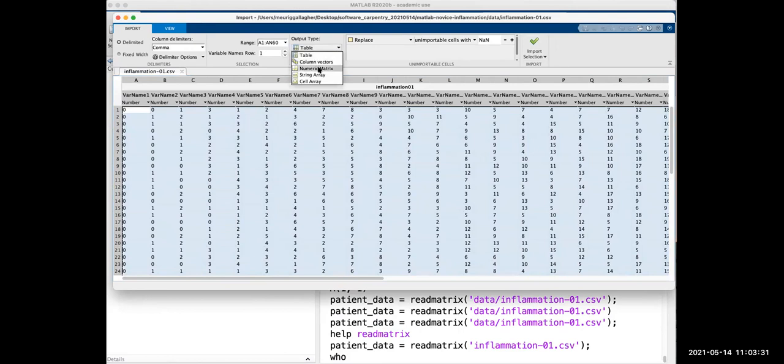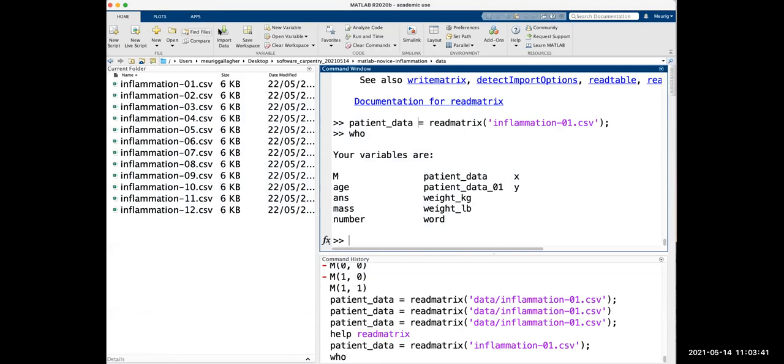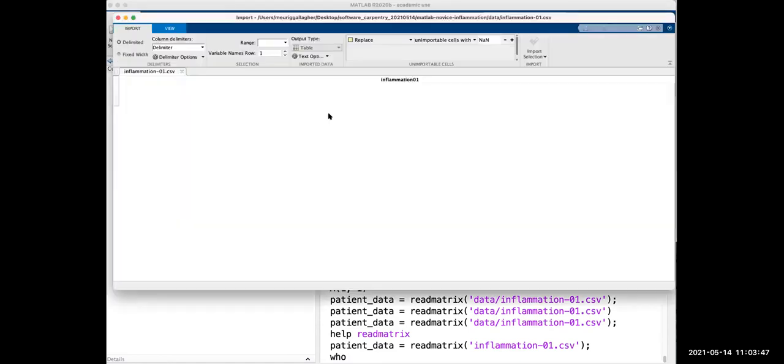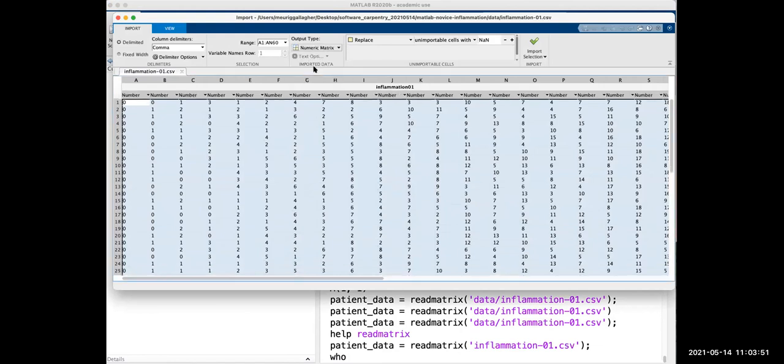No, from output type, you want to click numeric matrix.